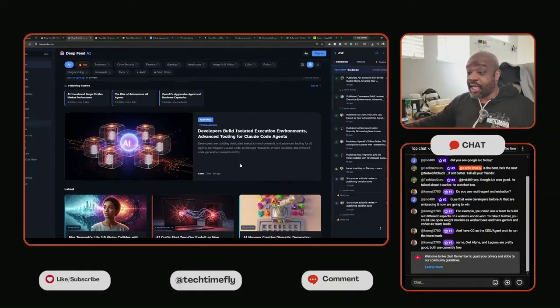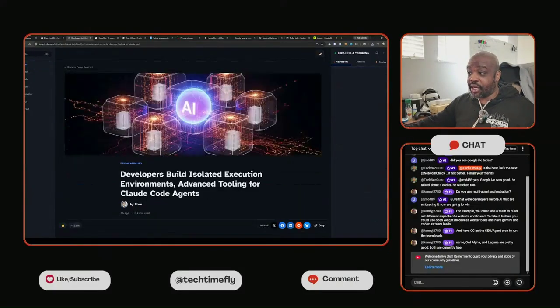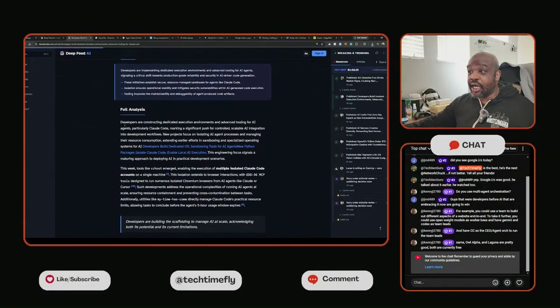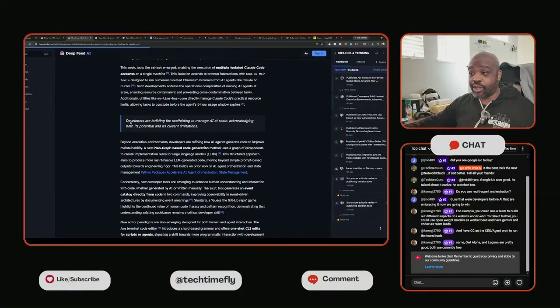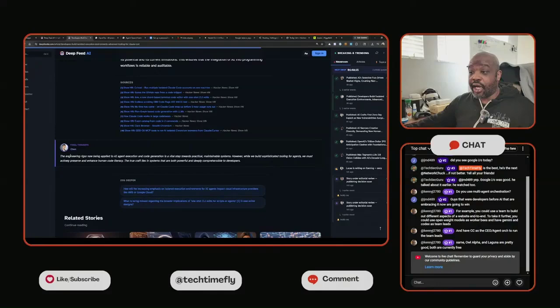But then everything else, we have the articles. All the images are AI generated. You can tell the AI writer, the category that it's in. You're gonna have a briefing, so a summary at the top, then an analysis. You'll have a pull quote here, the sources that were provided in the actual article, overall thought, final thought by